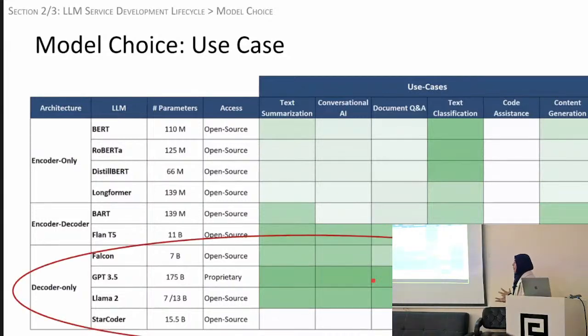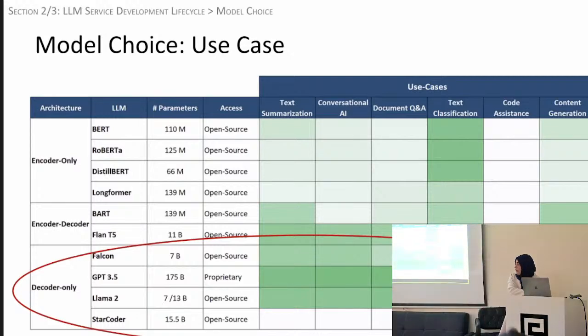Which model is better at what? That depends primarily on two things. One is its architecture, and we haven't gone into architecture because of lack of time, but there are primarily three kinds of LLM architecture: encoder only, encoder decoder, and decoder only, and these are suitable for different kinds of jobs, right? Most LLMs that we see available, foundational models, are decoder only architectures because it's a versatile architecture and it's good for many different kinds of tasks, right?